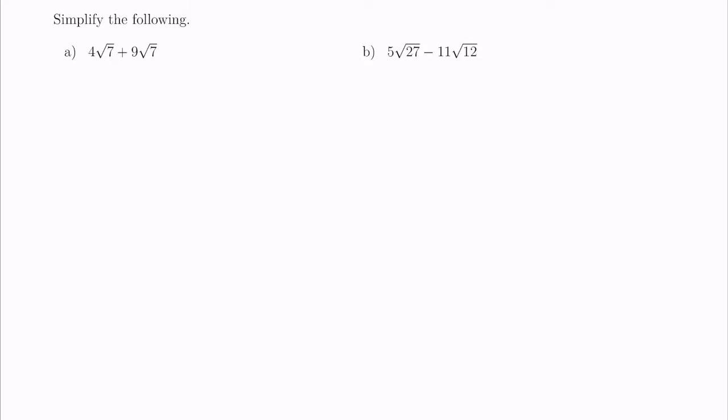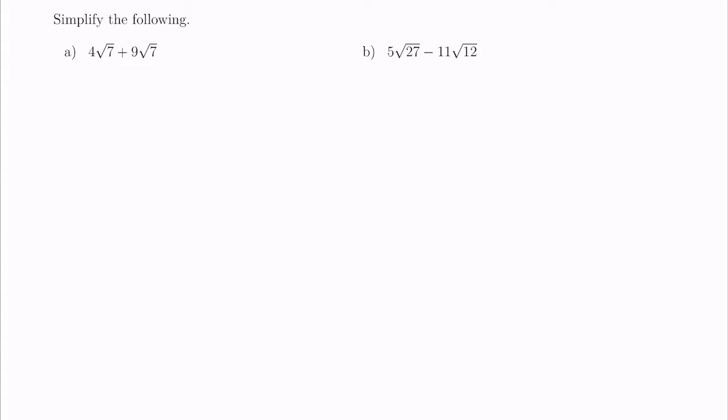In this example, we're going to simplify radical expressions that involve both multiplication and addition or subtraction. Similar to simplifying expressions that have variables in them, we can only add or subtract expressions that have the same variable. 4x plus 3x is 7x, but 4x plus 3y can't be simplified. Similarly with radicals, the only way to simplify a radical expression with addition or subtraction is if the radical factors